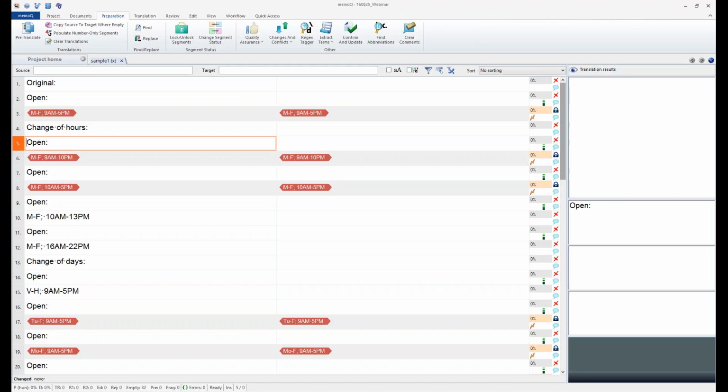Now, once I'm here, let me just, as a bit of a break, show you how to search regex expressions within memoQ. There's this little button, and that is,